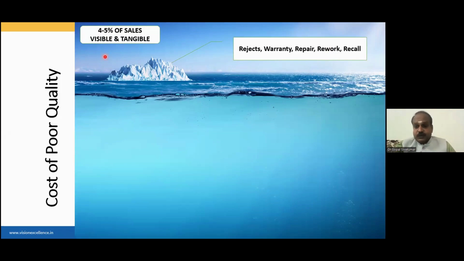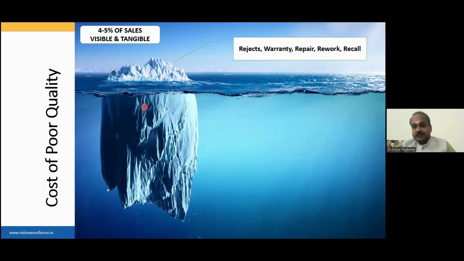Now, if I ask you the question slightly differently, are you able to see the iceberg completely, or have you seen only the tip of the iceberg? I'm sure all of you will agree with me that we have seen only the tip of the iceberg. If you really want to see the complete iceberg, you have to uncover the water. I have uncovered the water. Now you can see the iceberg, which was hidden inside the water, is much bigger than what is visible